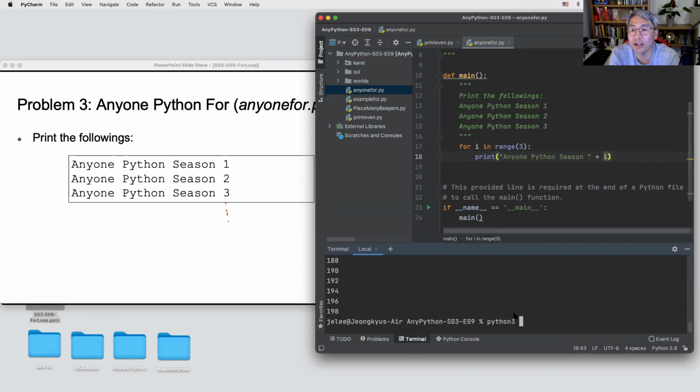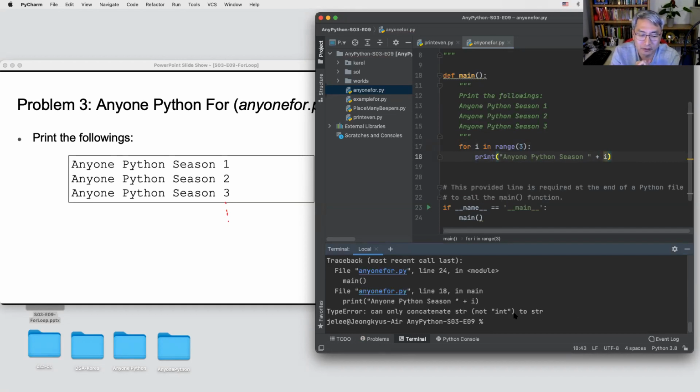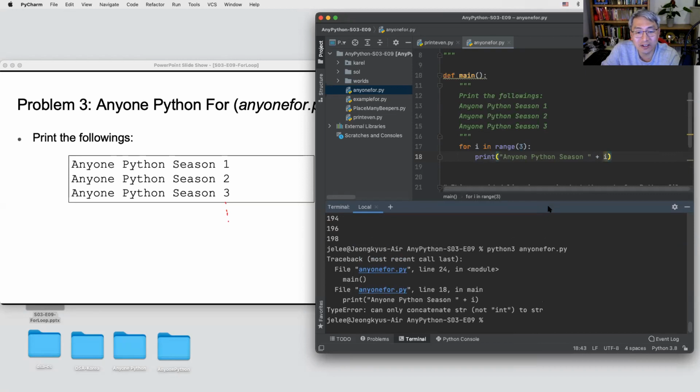So this is the anyone Python. Then what happened? Why is there an error? I got an error. Why did it get the error? Yes, it's the integer problem. So here's the important thing. When you see an error, you don't have to be shy.